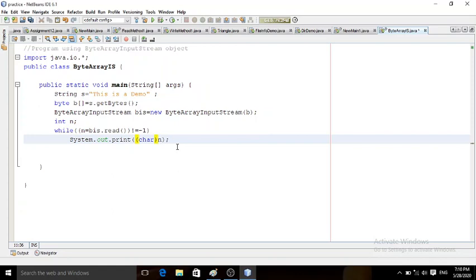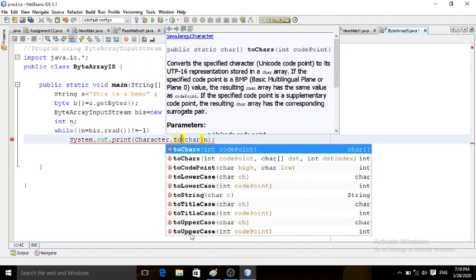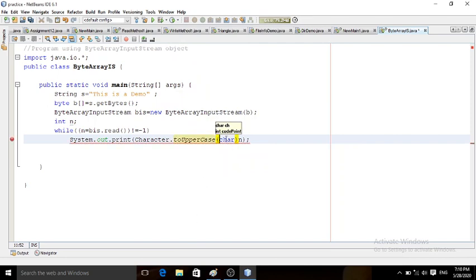Typecasting we had done. If I want to convert every character to uppercase, for that I can use, as I was using before, Character dot toUpperCase. So this part I keep as it is. That means our integer will get converted to character first.